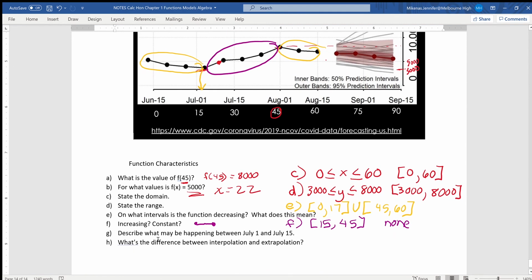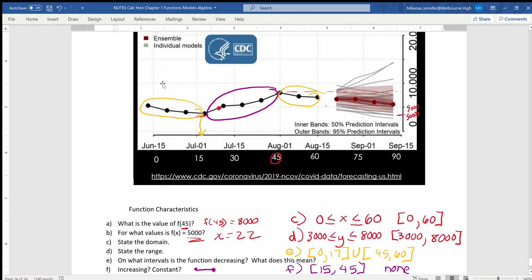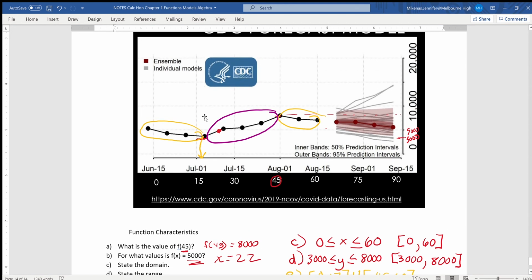Next question, describe what may be happening between July 1 and July 15. So July 1 is right here. July 15 is right here. That's the increasing interval. So what might have been happening in the real world in order for our number of COVID cases in Florida to be increasing? Well,